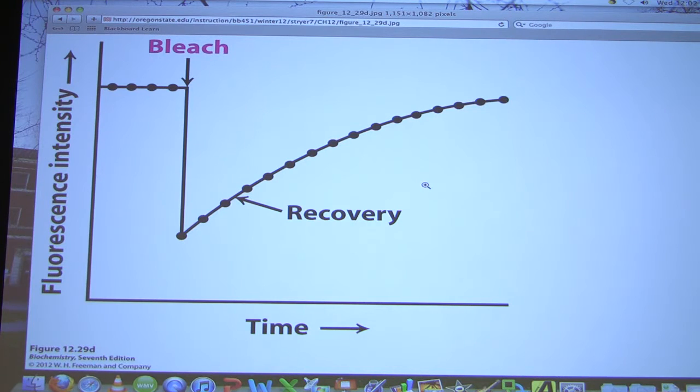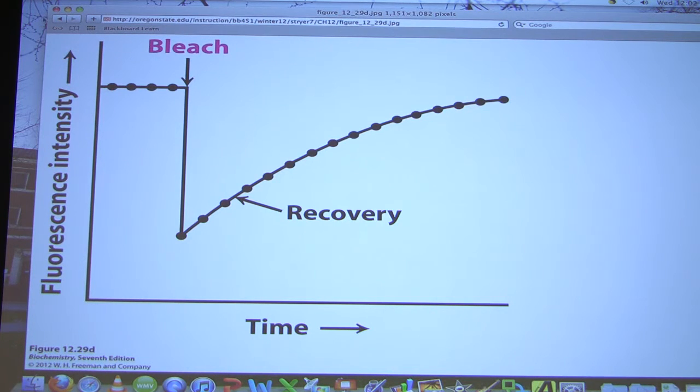Okay? You can see here's the event where we have the measurement of the color in that particular cell, a bleaching event with a laser beam, and then on the order of less than seconds we see this recovery that's happening. This recovery is happening because unbleached molecules are in fact diffusing into that place in the membrane where we had the bleached portion. So we can actually measure that rate of diffusion by doing an experiment like this, and we can actually see that recovery happening as a result. No big point. The main point just being that we have flexibility, and that is that there is fluidity associated